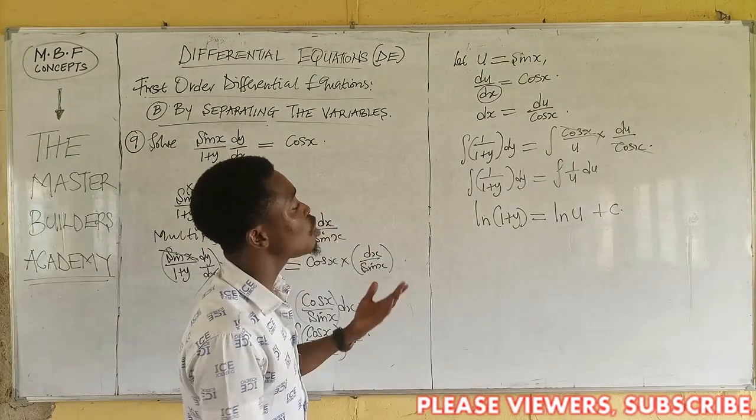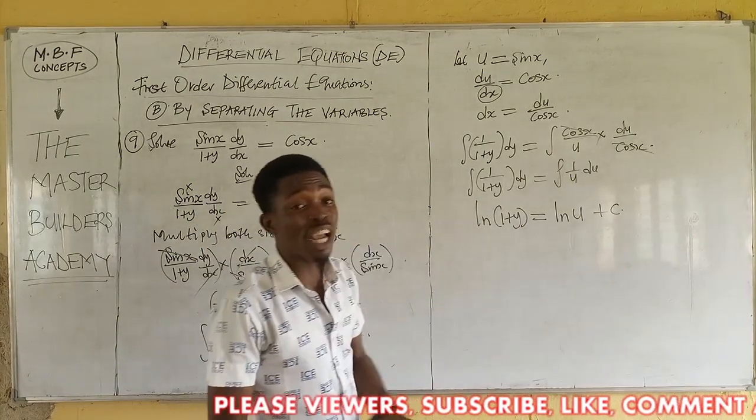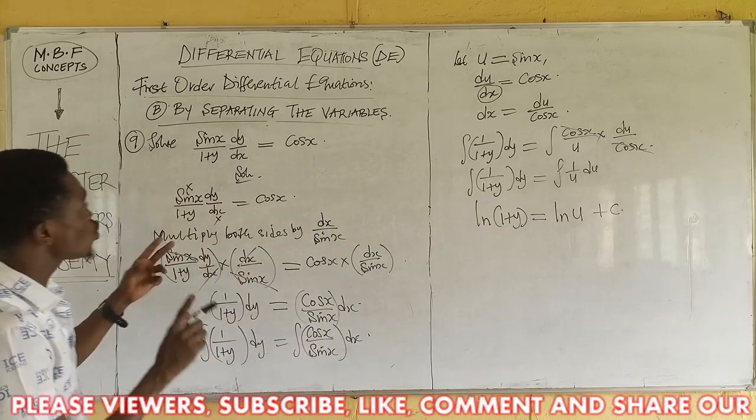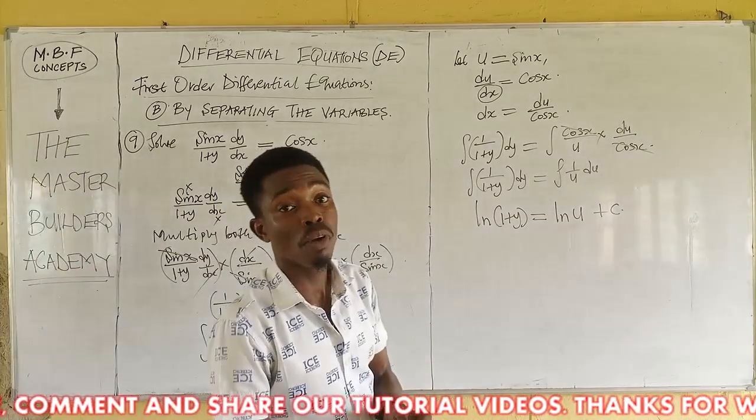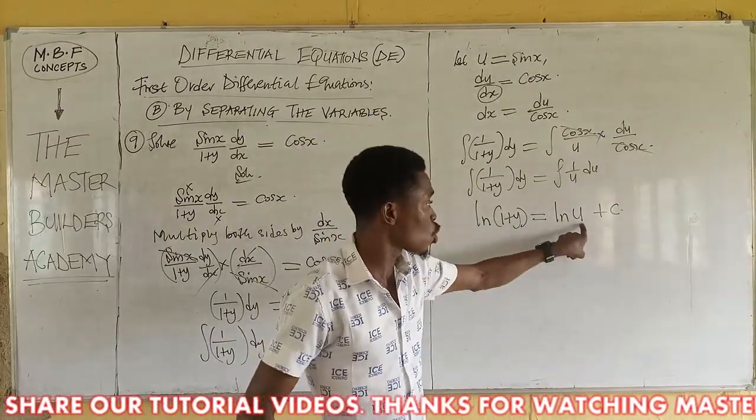Now the next thing I'm quickly going to do here is that from the question, my question came with two variables, x and y, and my answer will also be in terms of those variables plus constant, which is this. So u was never